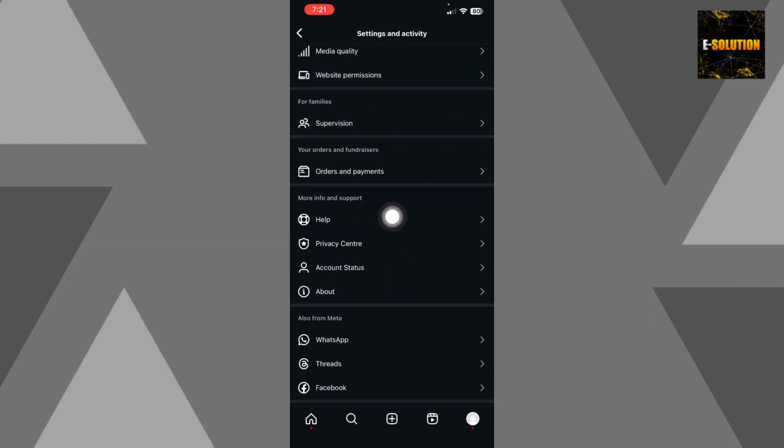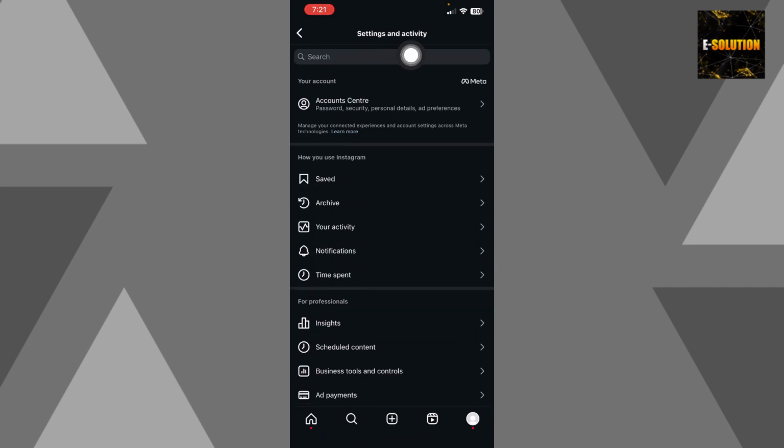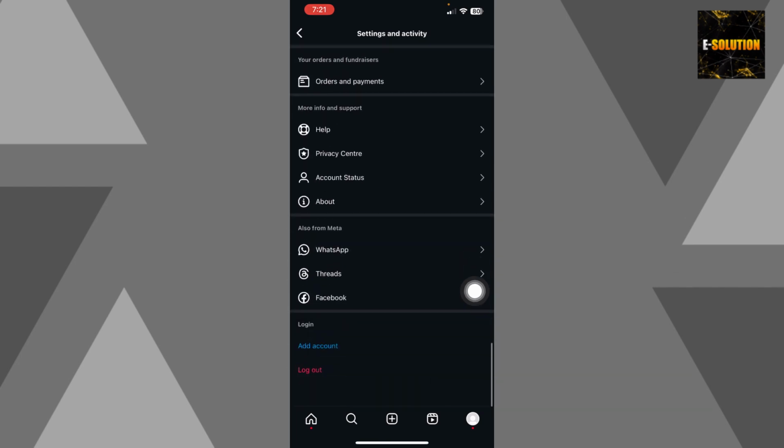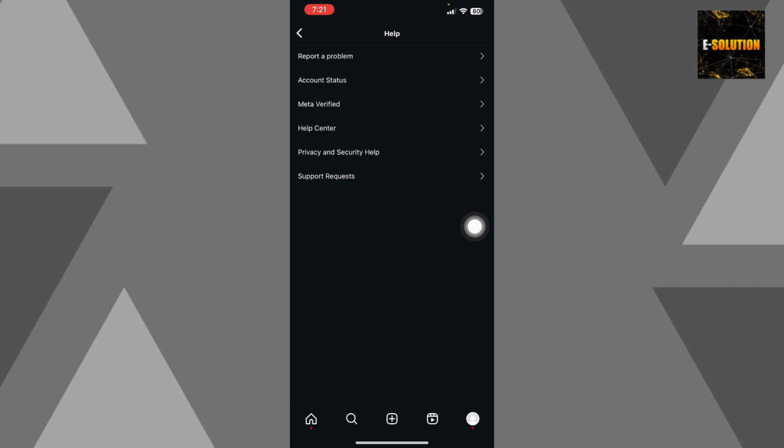So you have to just scroll down and choose this help option. You'll find this under more info and support. In case you don't find it, you can always come to the search bar and search for help. So I'm just going to go to this help section over here, and once you're over here you have to